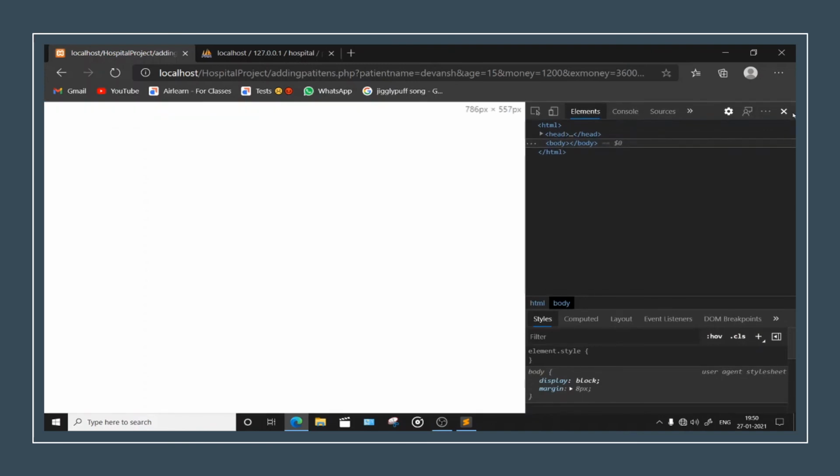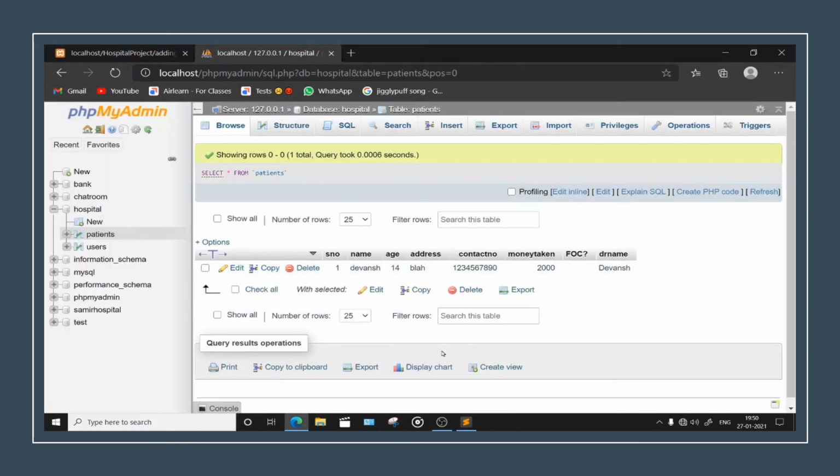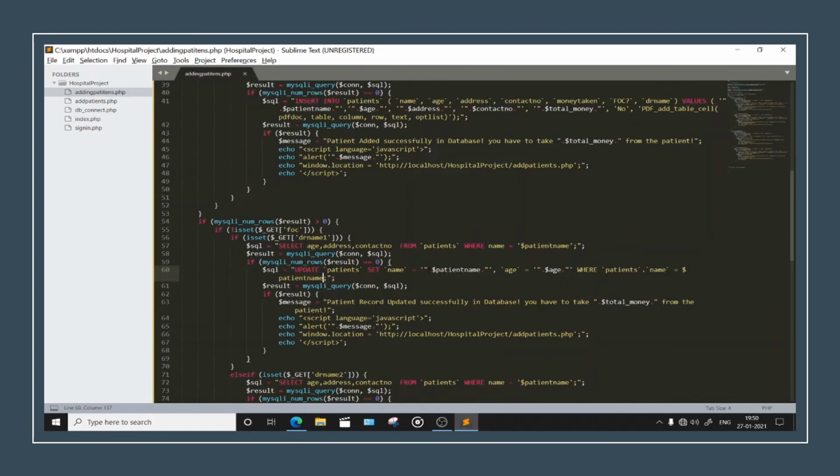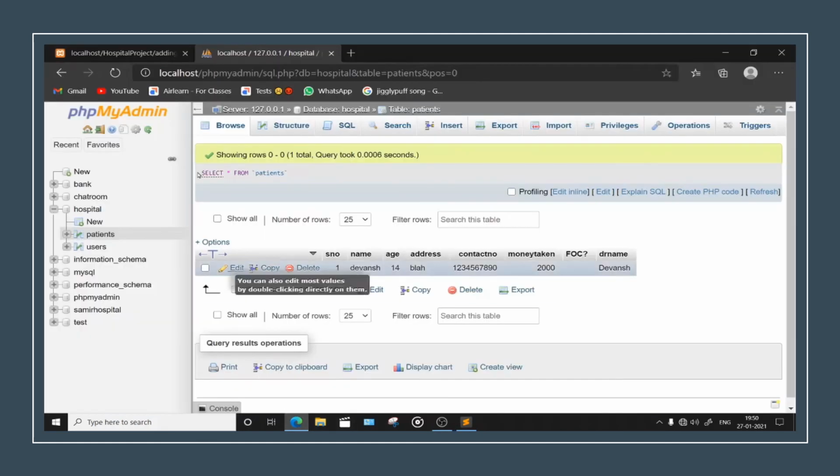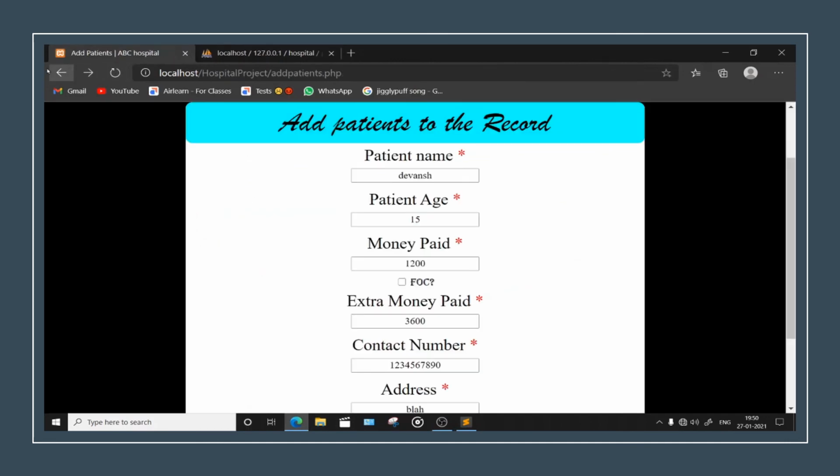Let's just see if we have any errors. No, we don't have any errors. No problem. Remove these two quotes. Save. Refresh. Alright.